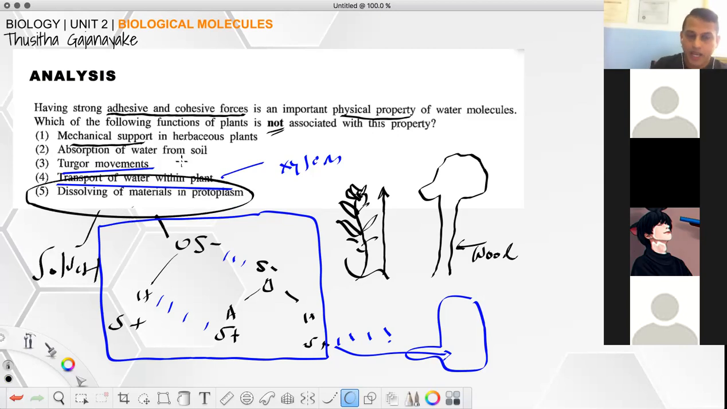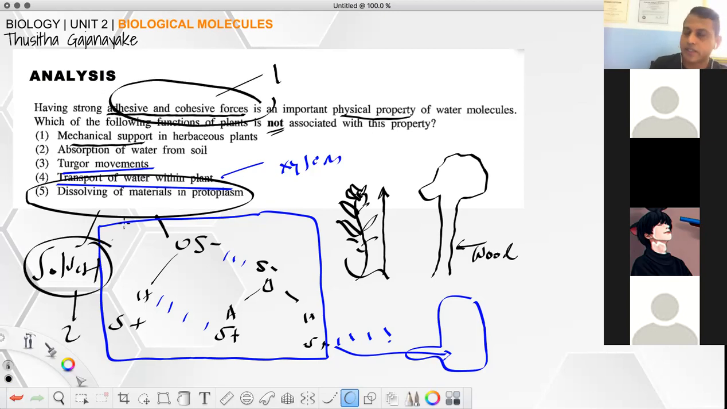So cohesive and adhesive property is one property. Solvent property is another one. The third and fourth are high specific heat capacity, and the water floating when it's freezing. So this is directly dissolving, it is a solvent. The solvent property is used,